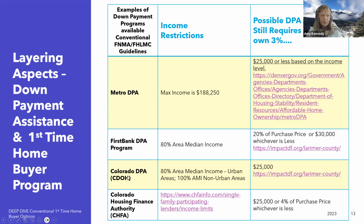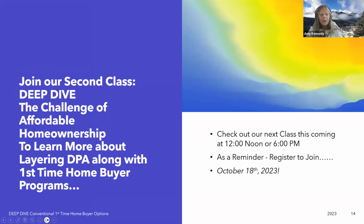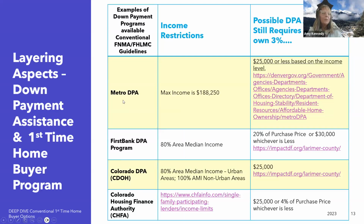This one here, Colorado DPA, is also going to be found with many of the same lenders that do the Metro DPA. So if you need any help with finding lenders that are not afraid to use both the first-time homebuyer 3% down and down payment assistance, we will be able to also post you at least 3 reputable lenders in your area, including a First Bank right down the street or in Fort Collins there, where you would find very good resources for their programs, and then a couple other people that do all the other 3 that are there,